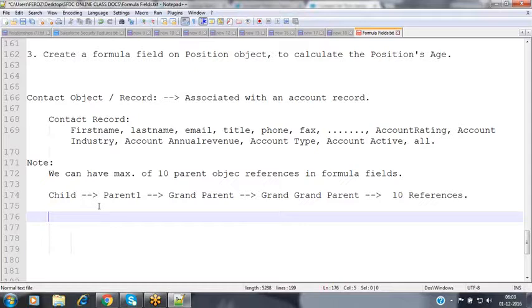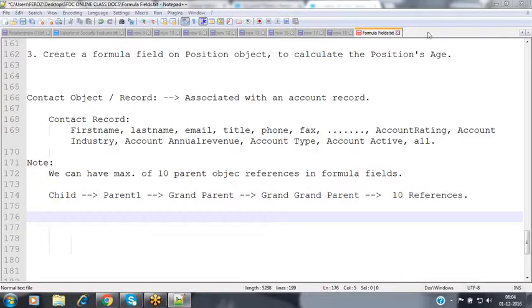So at that time, what can we do here? How can we go beyond those limits? My requirement is that the 11th parent is there, so how can we reference it? For that, if you are crossing the 10 references, we can contact Salesforce and ask them to extend the number of object references, and they will extend it from 10 to 20. Depending upon your need, we can keep on traversing parent objects by contacting Salesforce. By default we have 10, and if you want to extend that limitation, we can contact Salesforce to extend it.